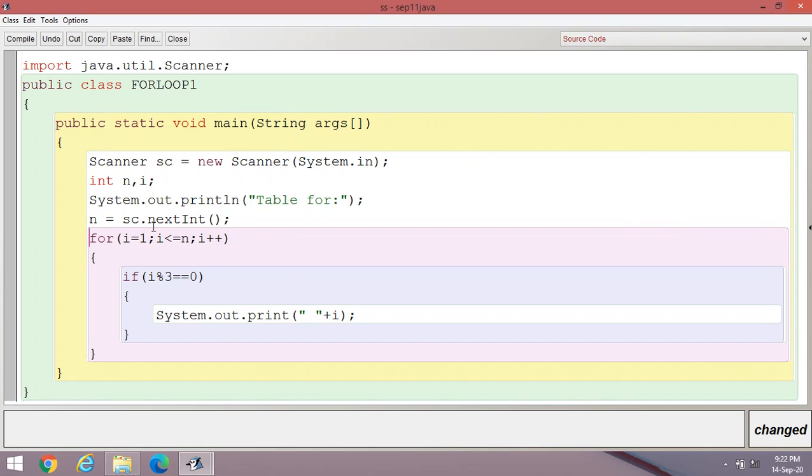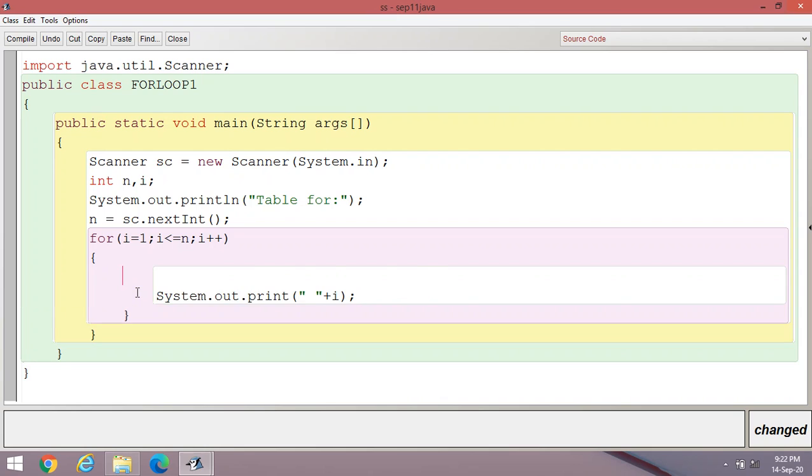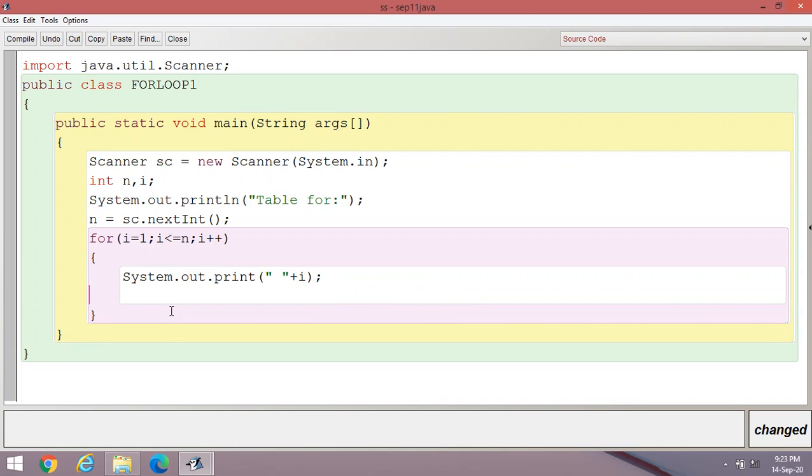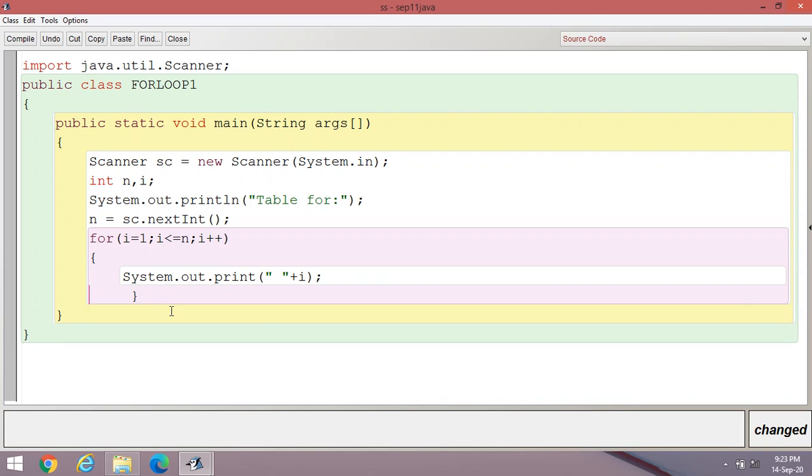Now, when you enter this value, what is required here? You have to display the contents of the table. Now, what to do? Delete this one. This one is not required. Only printing is required for that.